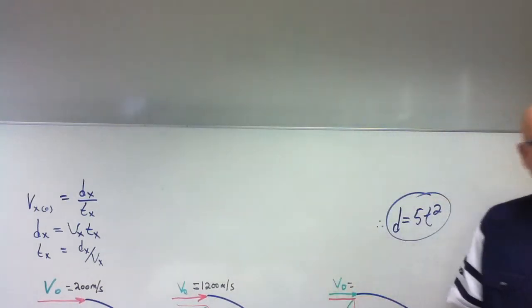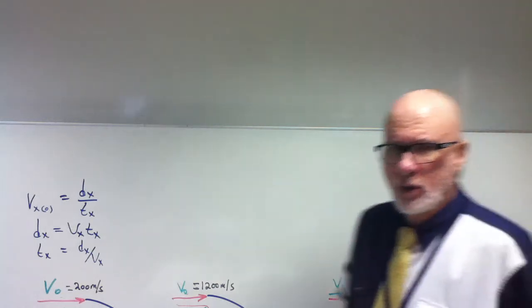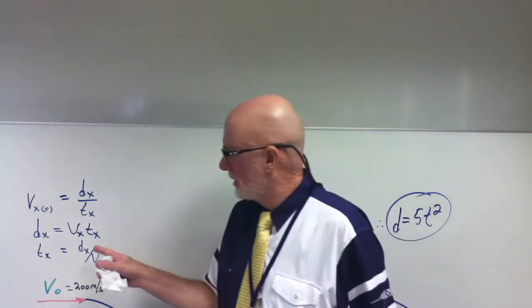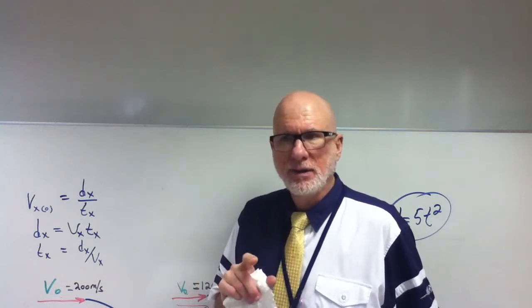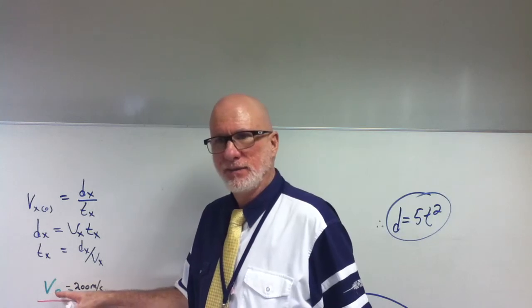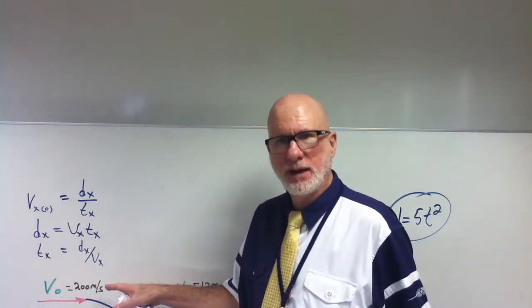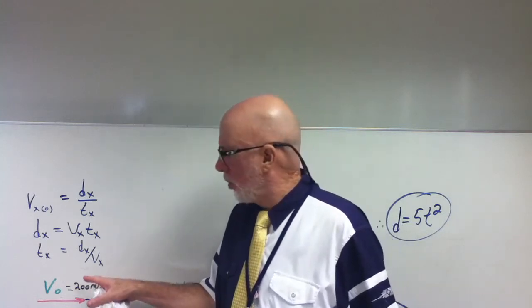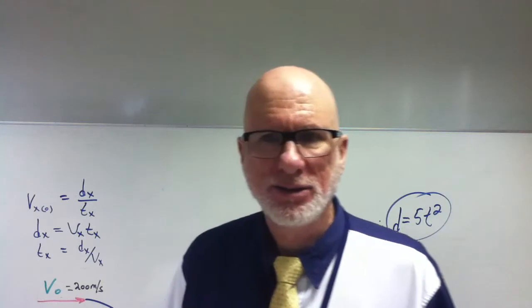Is it a little stuffy in here? We'll have it. So isn't V naught 200? I beg your pardon? The question was, isn't V naught 200? Yes. However, that's in the x direction, correct? As soon as you shoot that, it's going to start falling, right? But the velocity in the y direction is going to be 0. That's the initial y direction velocity,